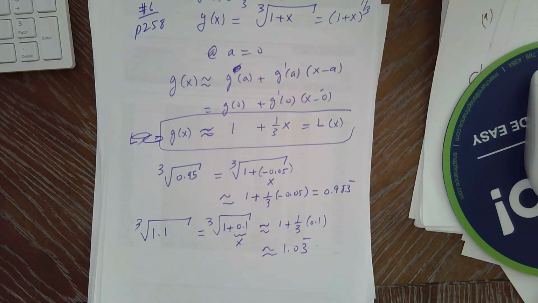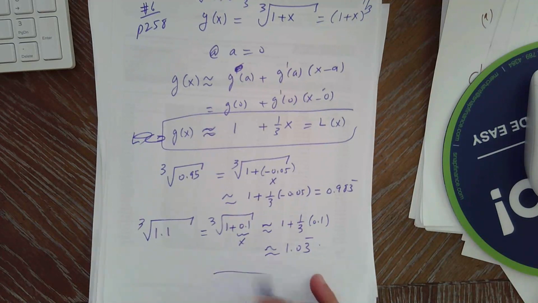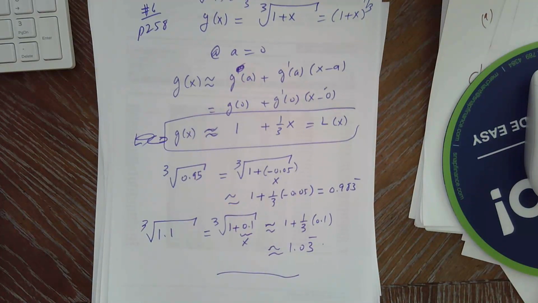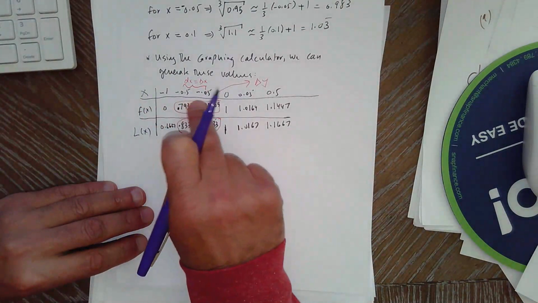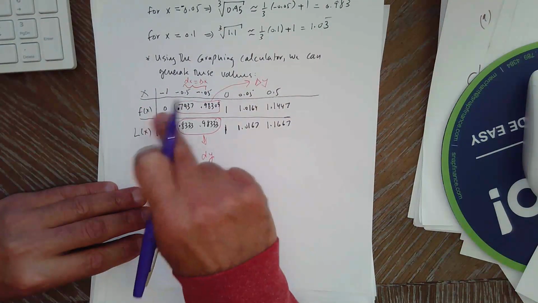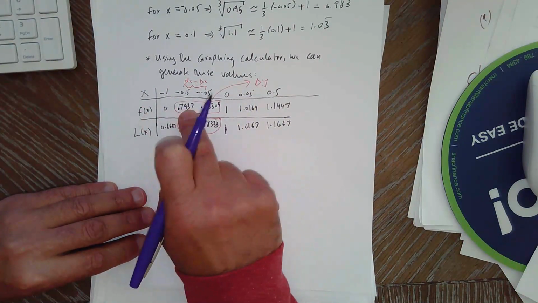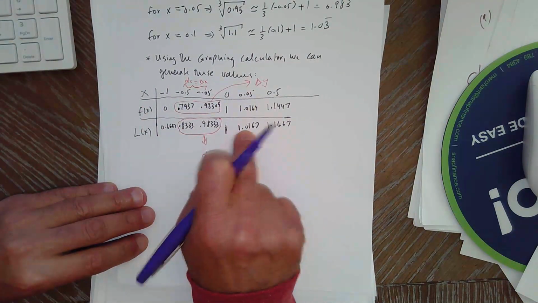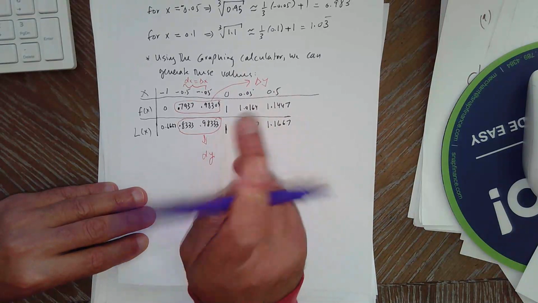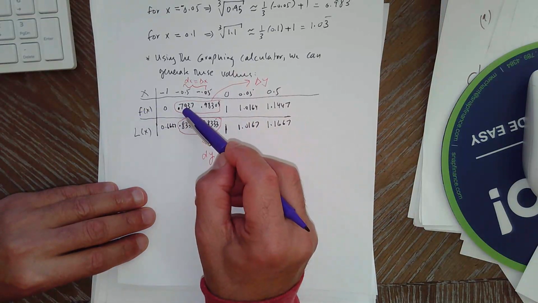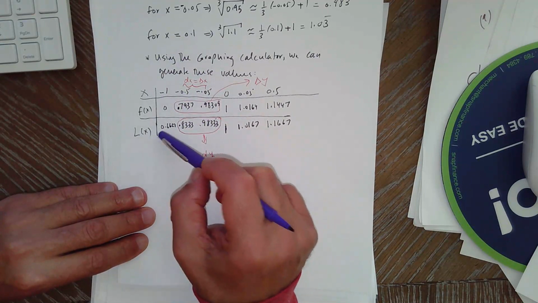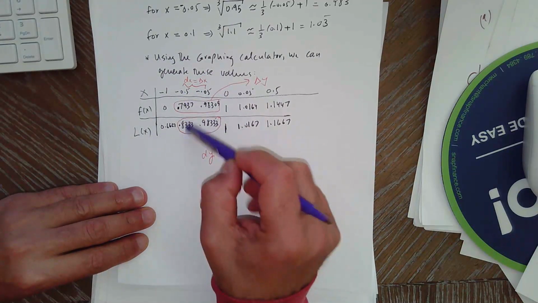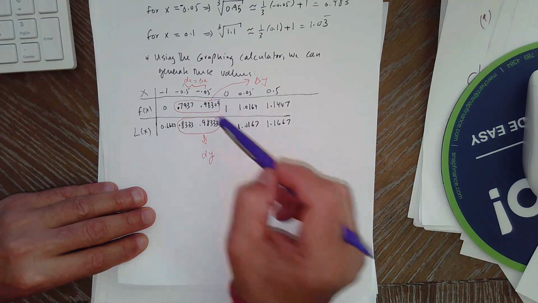And you can look at my work with the graphing calculator. There's a chart there, just follow that, okay? This is what I'm talking about in the notes. So I did all these values of x, f of x, the actual values, and then the approximate values, okay? The f of x you get by plugging the values into the original equation. L of x you plug into the tangent line, and you can see the difference between the actual and